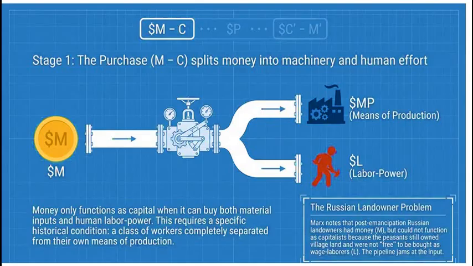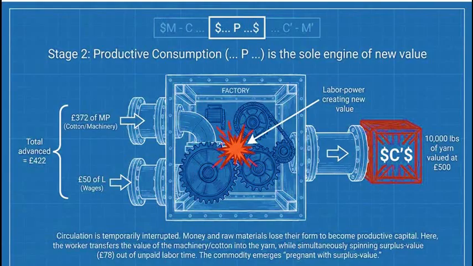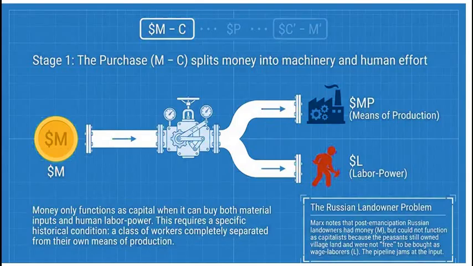Now, the source text points out a truly vital historical prerequisite for this formula to work on a mass social scale. For labor power to be widely available to purchase as a commodity in the first place, you need a society where the workers are completely separated from owning their own means of production. Think about it. If a worker owns their own loom and their own cotton, they just sell the finished cloth themselves. They only sell their time and labor power if they don't own the tools to make the final product. It's a foundational, structural dynamic that still defines the modern labor market today. Anyway, with both the workers and the machines successfully purchased, the capitalist is ready to leave the marketplace.